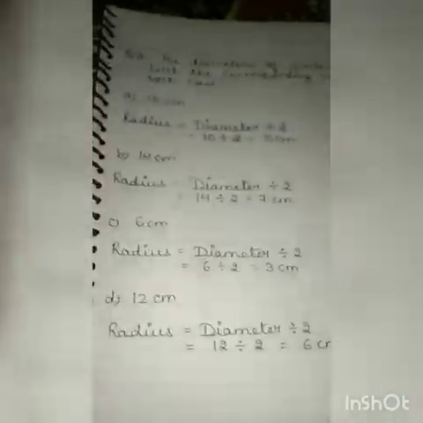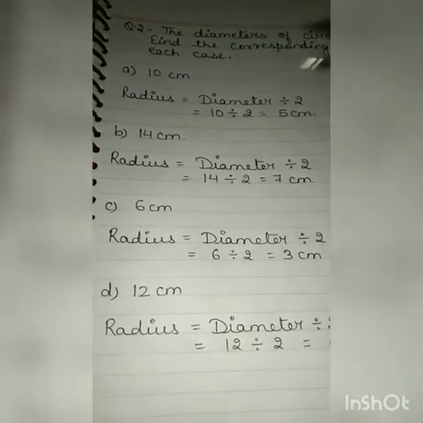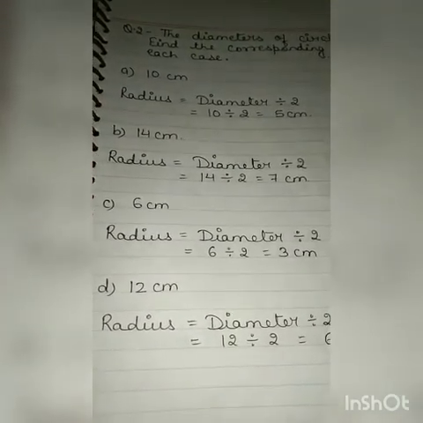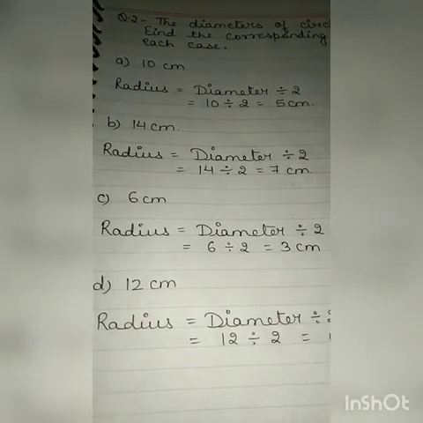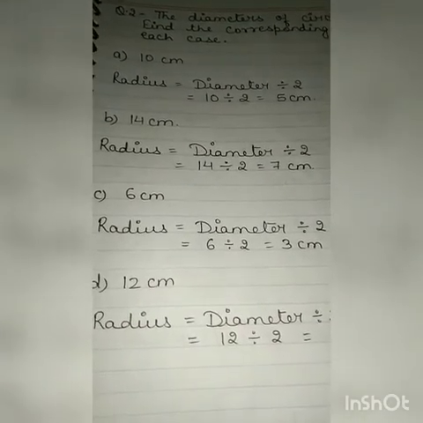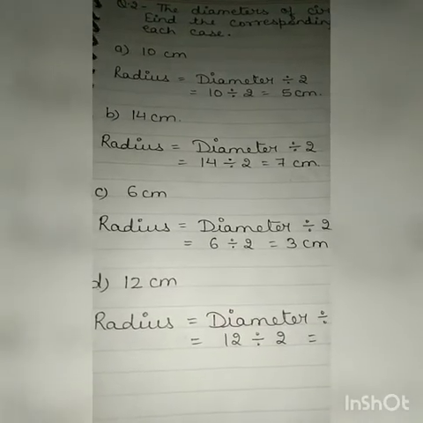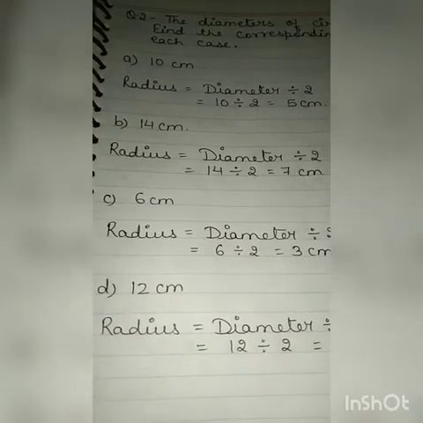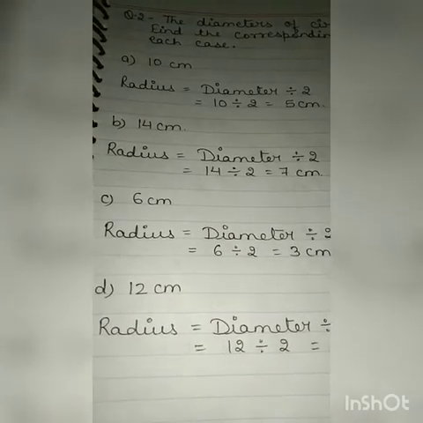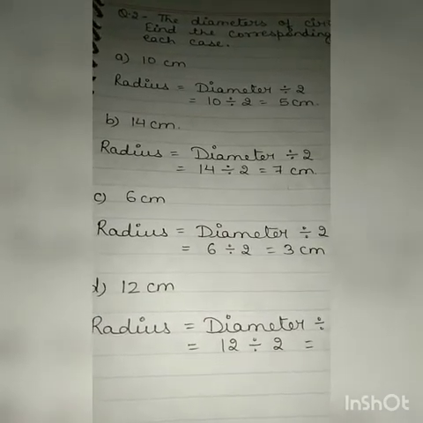Clear? So what is radius? When you take out the radius of a given diameter, it will be just half of that number, and when you have to take out the diameter from the radius, then the diameter will be just double of this number. Clear? This is the only difference in finding out the diameter and finding out the radius.